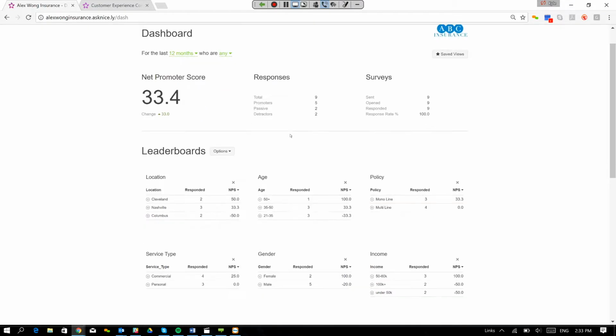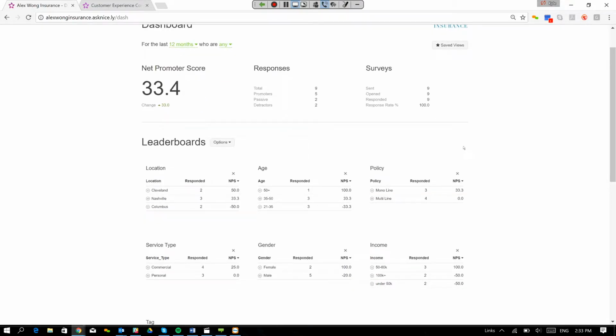Once your survey responses come in, the dashboard is where you'll spend the majority of your time drawing analysis and comparisons. Looking over at the leaderboard section, Ask Nicely will automatically segment and rank all custom data that you attach to your customers. Rank your best segments to see which business areas are creating promoters and which are creating detractors, and track your NPS over time to see the impact of specific marketing and other activities on customer intent.